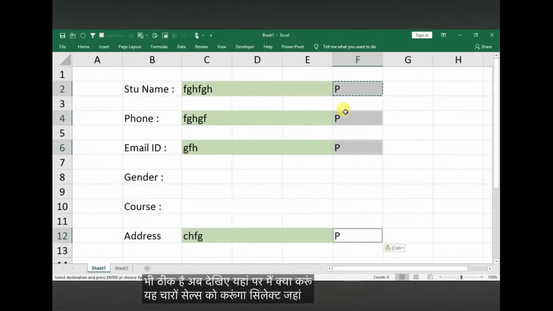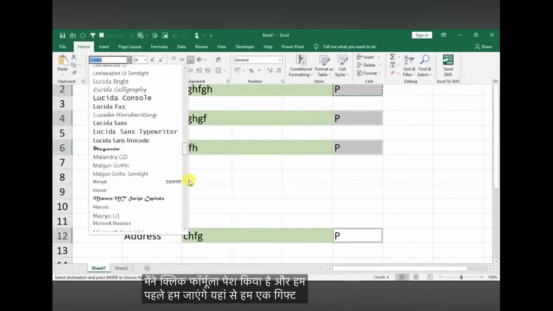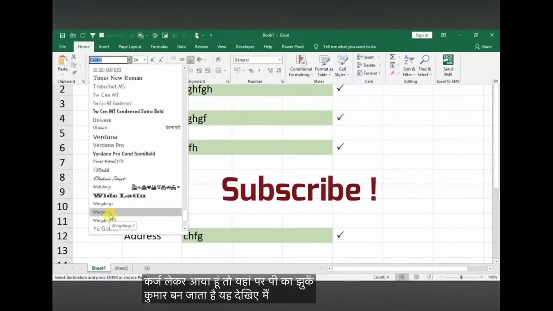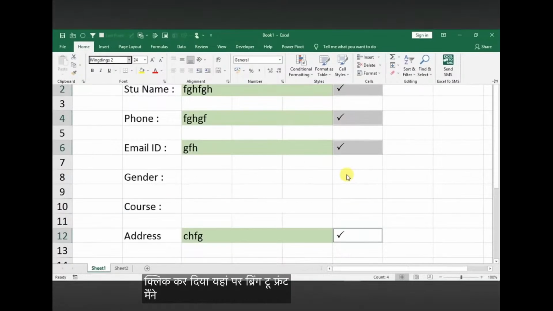सिलेक्ट कर लूंगा, जहां पे मैंने P का फॉर्मूला पेस्ट किया है, और होम टैब पे हम जाएंगे, यहां से हम एक फॉन्ट स्टाइल लगा देंगे जो होगा Wingdings 2। अब आप देखिए जैसे ही मैं यहाँ Wingdings 2 फॉन्ट के ऊपर कर्सर लेके आ रहा हूं तो यहाँ पे P का टिक मार्क बन जाता है, ये देखिए, है ना। मैंने यहाँ पे क्लिक कर दिया, यहाँ पे Wingdings 2 फॉन्ट मैंने लगा दिया है।